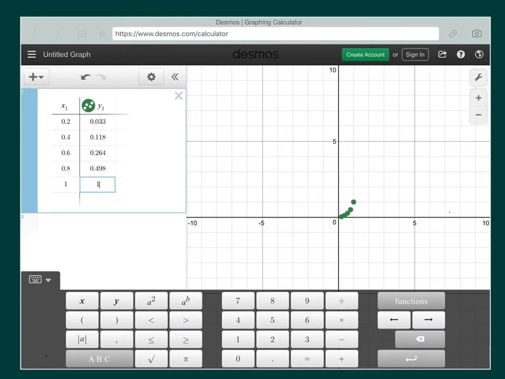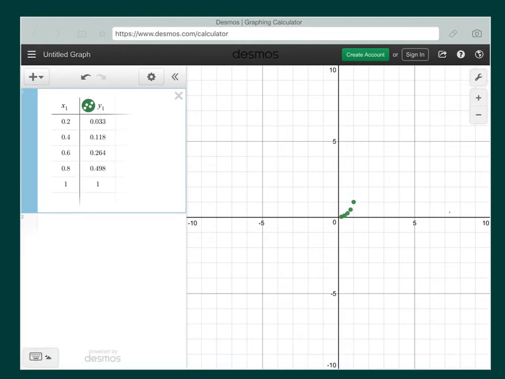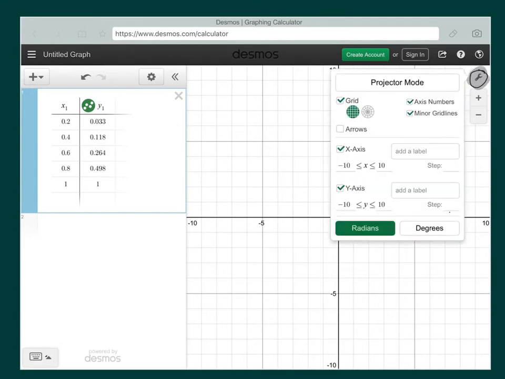Now we'll notice over on the right-hand side of the screen that these are all kind of bunched up. We can't really see a whole lot of detail. That's easily fixed by clicking on this shape over here, which brings up some settings that we can change. First, I'm going to change the settings for the x-axis.